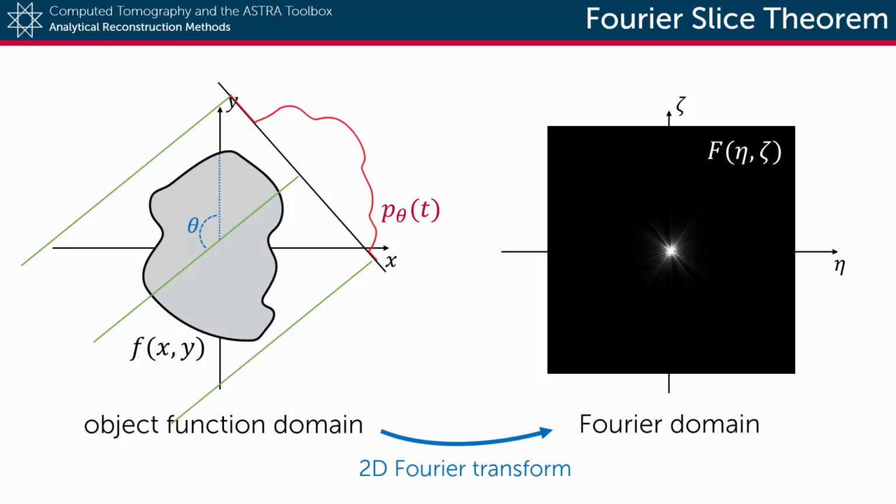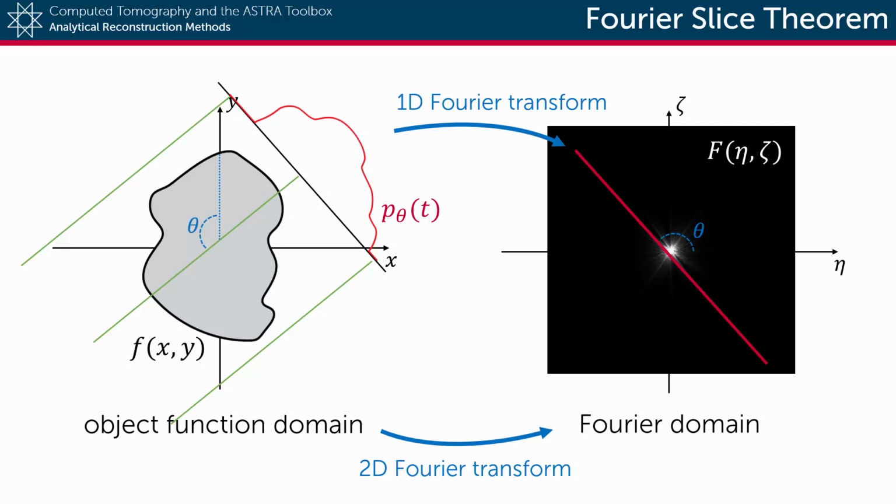Now, the Fourier slice theorem states that a one-dimensional Fourier transform of the detector function at an angle theta is in fact exactly the same as a line through the two-dimensional Fourier representation of the entire object. Even more, it is the line through the origin at the exact angle theta. So by measuring a single projection of an object, we are able to fill in a single line in the